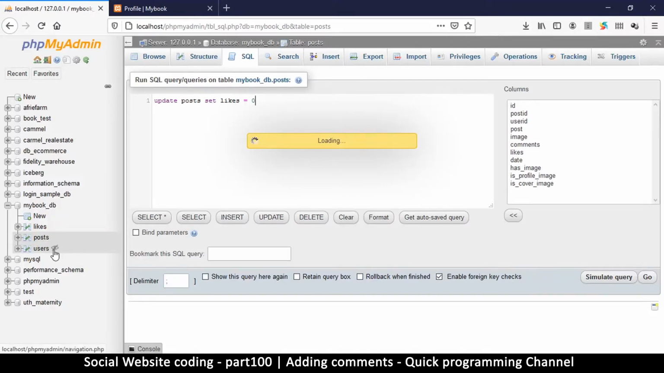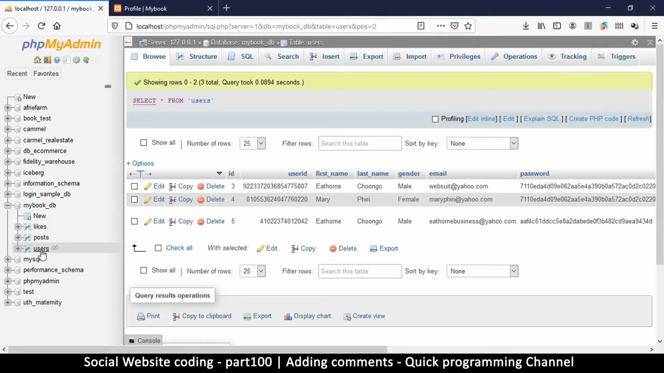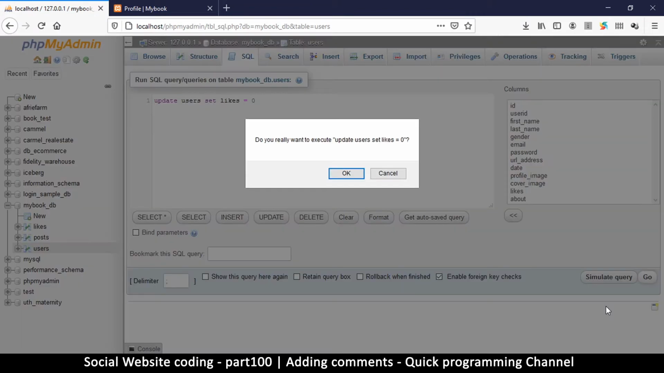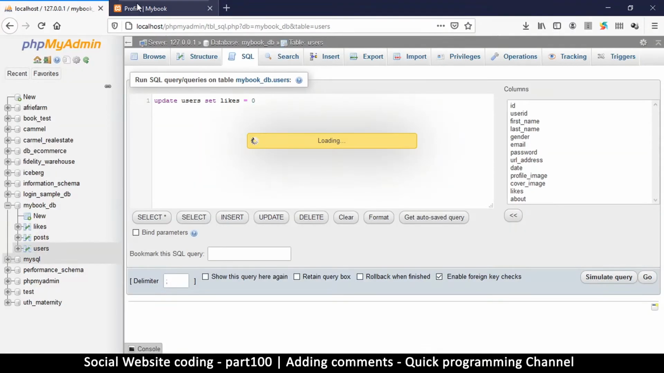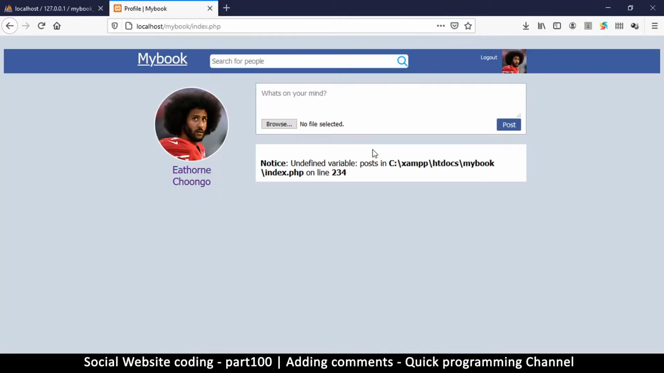We'll do the same in the users table, sorry, SQL. We're going to set likes equal to 0. So update users set likes is equal to 0, and just like that we have our query, and we'll run it. So when I refresh now,